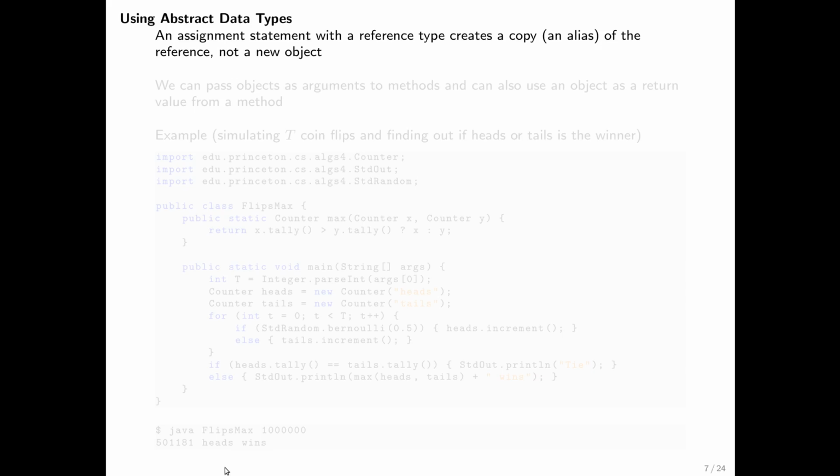Okay, so let me make that clear. So if A is some object and B is some object, each one has a memory address, and then if you go about saying A equals B, then